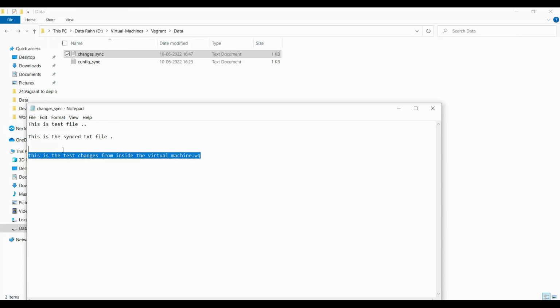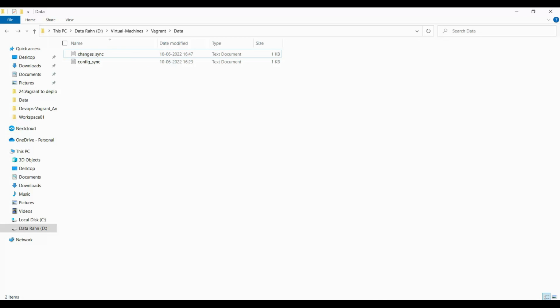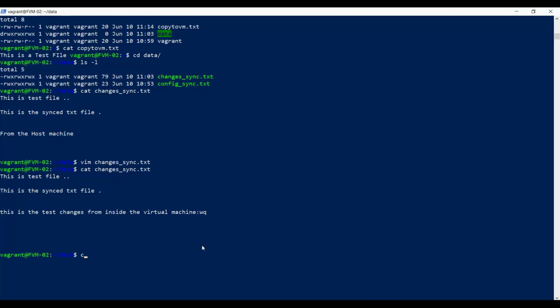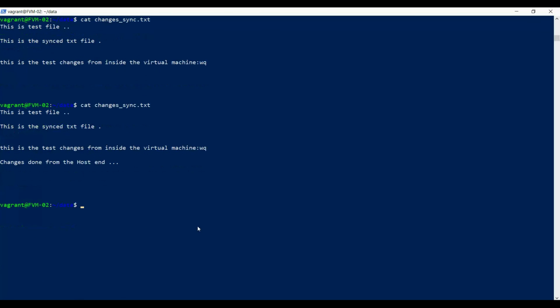So now I will add an extra line, changes done from the host end. Okay, let me save this one. Now let me navigate to that file. Let me cat changes.sync.text. So now I should be able to see the changes to the text file which we made from the host, changes done from the host end. Okay, so this is how we can